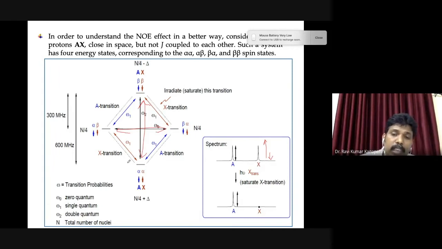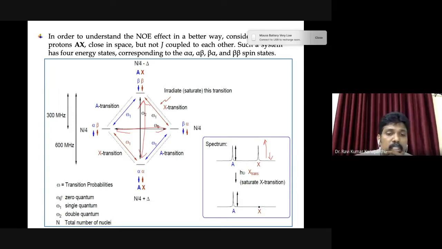And why we will see enhancement, and why we will not see enhancement, we will go systematically to understand. Before that, let me tell you, when you have these four spin energy states and many transitions, for each transition there will be a probability, right? For each transition, according to quantum mechanics, you can have a transition probability, and these transition probabilities are